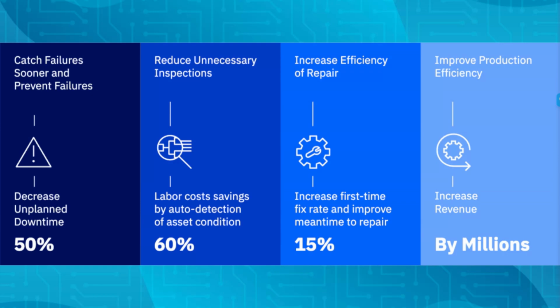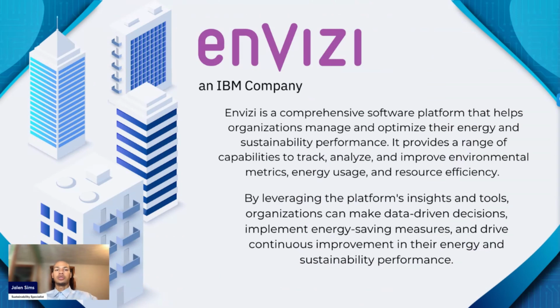So that was a little bit about Maximo. That is one of the two softwares that I'll be talking about today. The second one is Invisi. This is also developed by IBM, and this is another software that the Lucid Coast team specializes in implementing